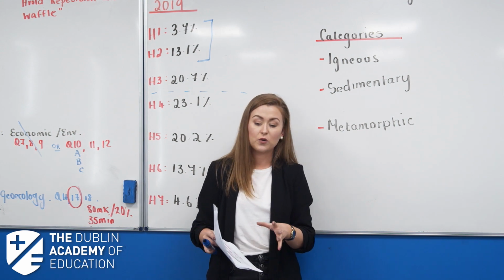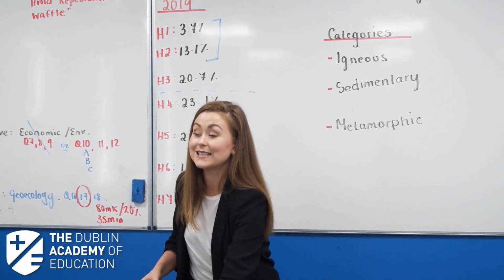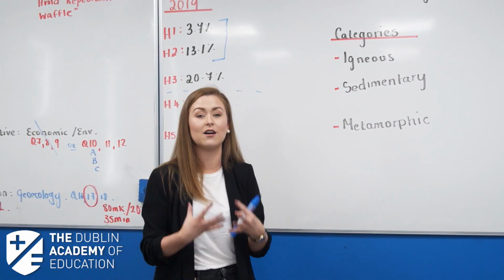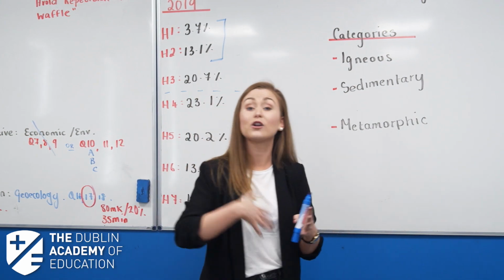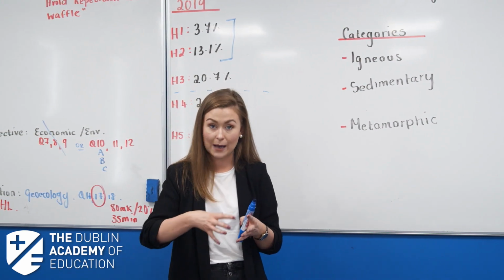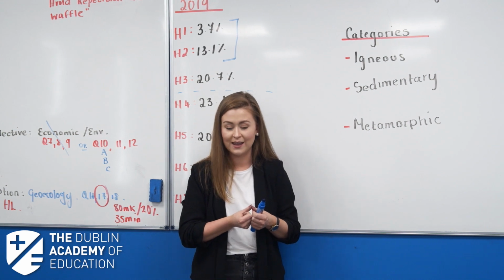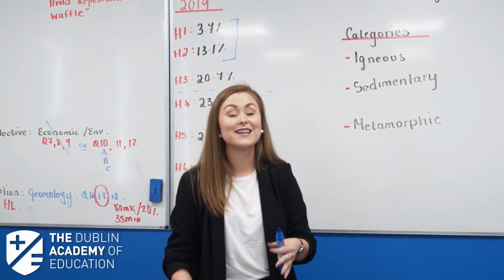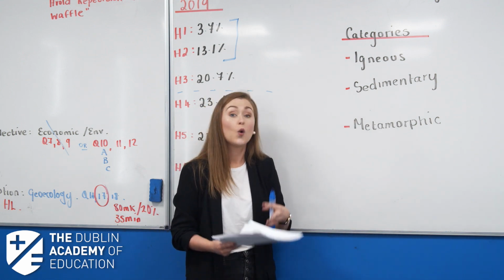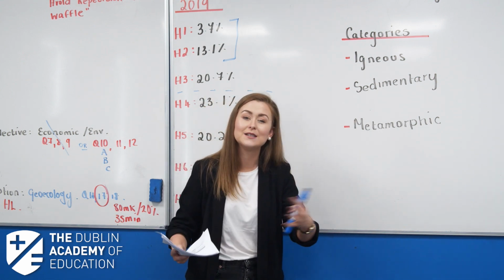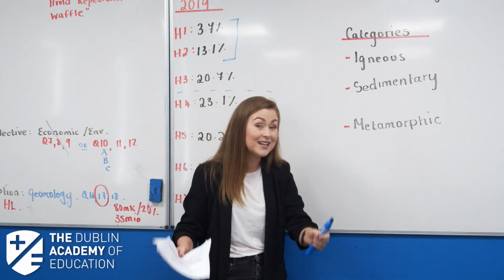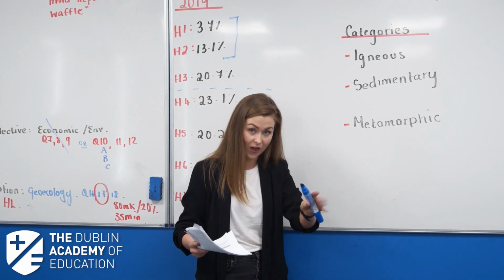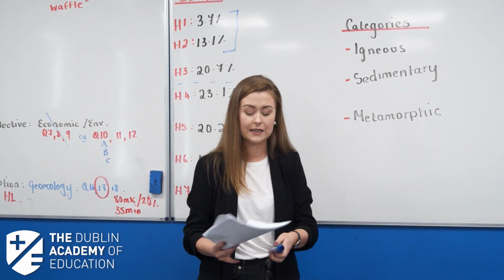Now, what are endogenic forces? Endogenic forces are forces that go on inside the Earth's surface. So something that's happening inside the Earth's surface. For example, convection currents. So write down example convection currents there. And exogenic, highlight exogenic or external. Beside exogenic, you can write down weathering and erosion. That's something that happens on the Earth's surface. So endogenic, inside. Exogenic, on the Earth's surface, weathering and erosion. So part A 2018 that was asked.